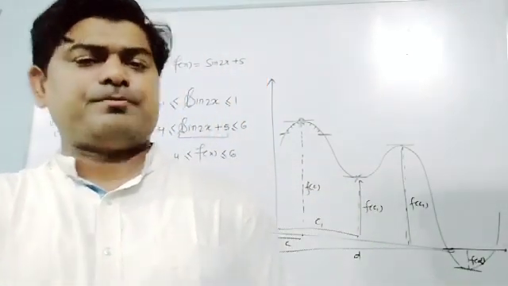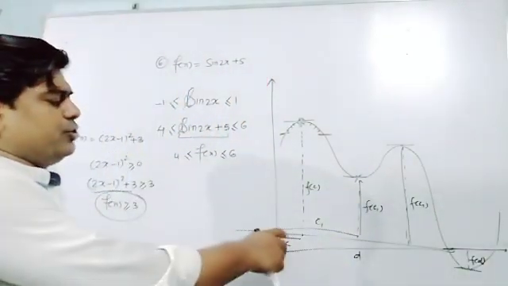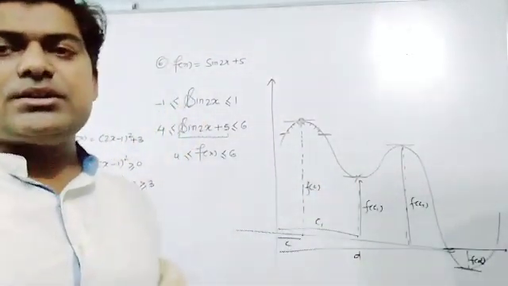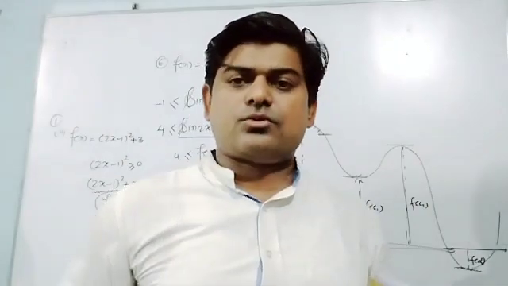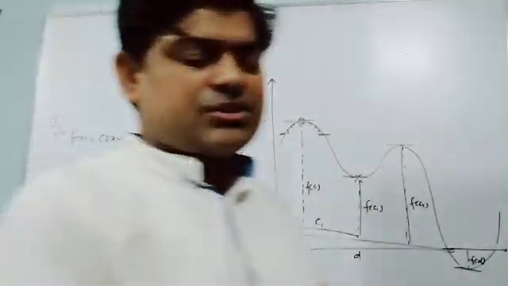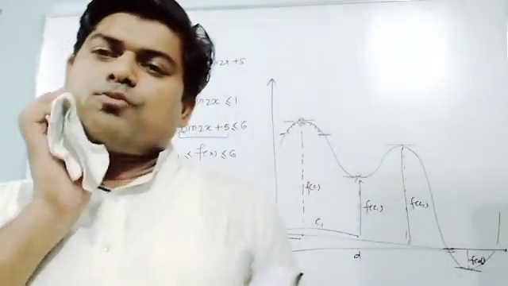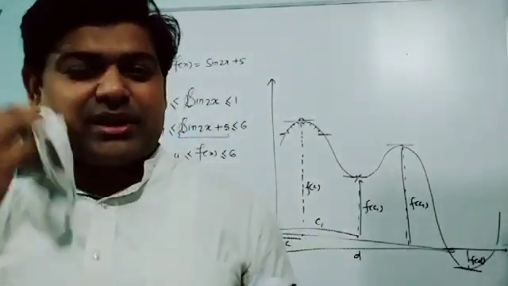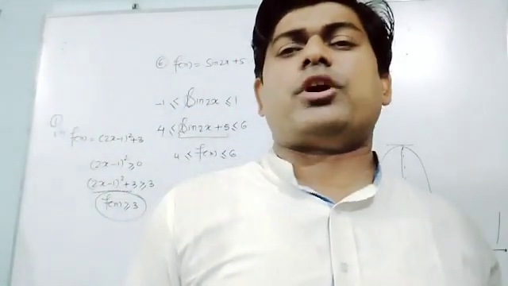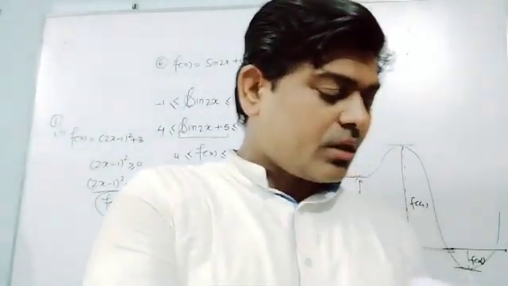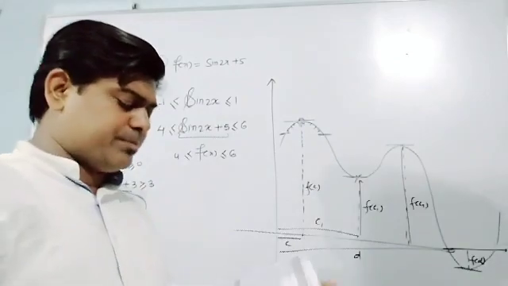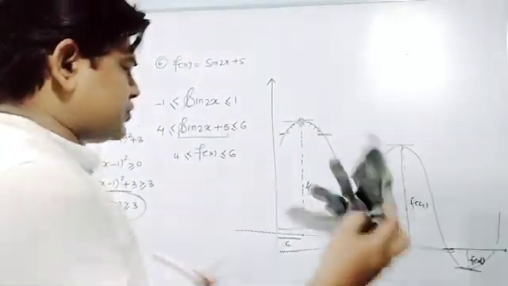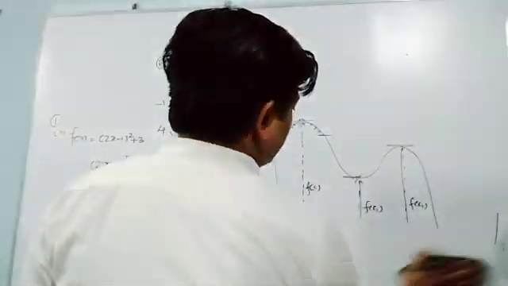One thing I want to tell you, as I told you, at x is equal to c, f(c) is the maximum, or I can say f(c) is the absolute maximum value. So that c, x is equal to c, is called the point of maximum. And if at x is equal to d it is minimum, I can say it is the point of minimum. So I am taking one question for you, and hope that it will help you. I am just going to erase this one, and then I'll discuss that again.